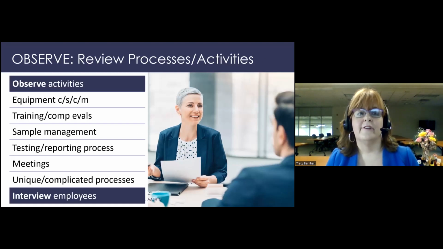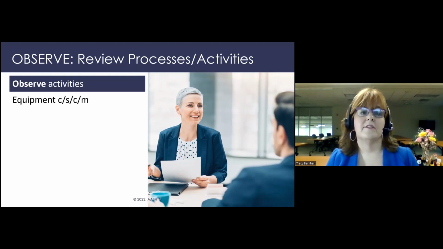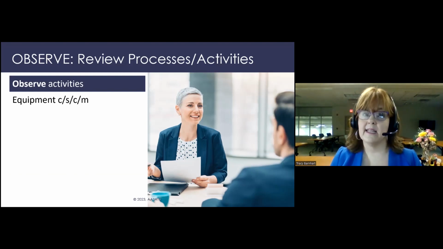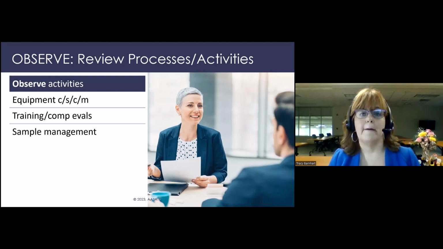During an internal audit, you're going to be observing processes and activities. These activities are typically going on, or it's nice if they're going on during any given day in your laboratory. And when you're doing an internal audit, if you observe these processes, you can continue to confirm whether you're actually doing what you say. So one of these processes might be equipment calibrations. Maybe that's going on in your laboratory. You can actually watch that happening and make sure that people are doing that correctly and in accordance with your procedures. Maybe there's some training going on or competency evaluations you can take a look at.